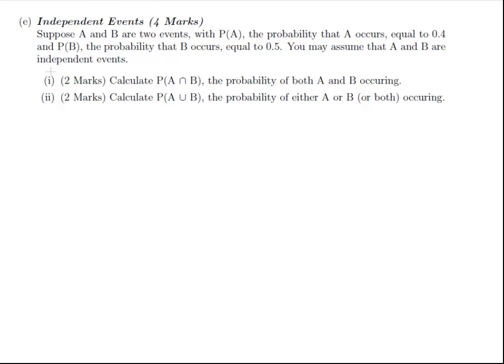In this question, we're going to look at independent events. It's a straightforward enough definition. Suppose A and B are two events with probability of A, the probability that A occurs, equal to 0.4. Let's write that down. Probability of A